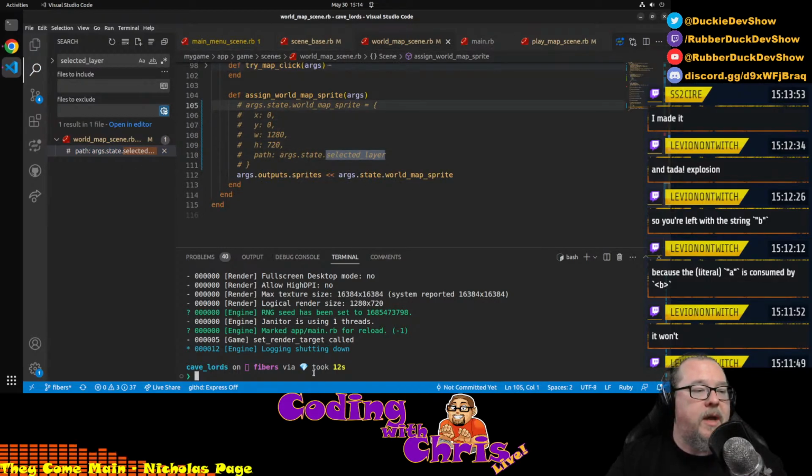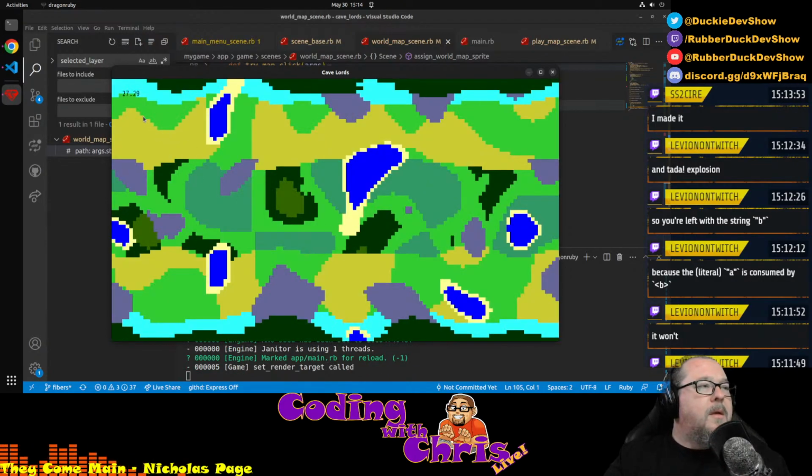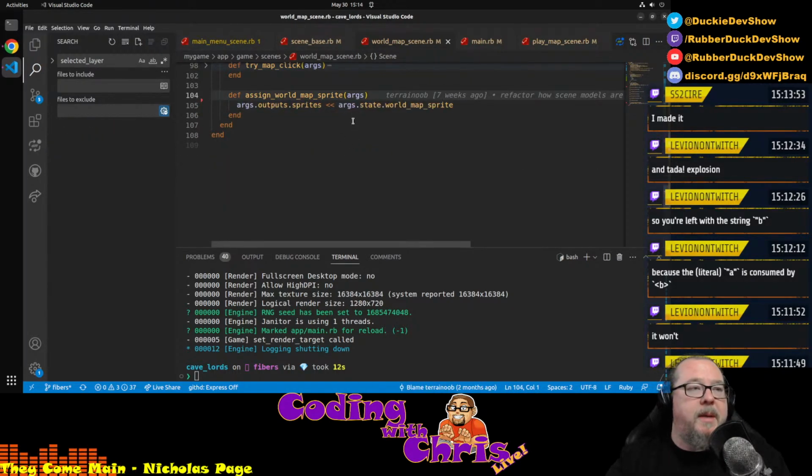So I think this still actually works. I don't really think that's going to help us much, but it makes my brain happier. So, oh yeah, that didn't help at all. All right, so we're still in the same crappy place, but yeah, I don't need to do this. So the assign world map sprite,